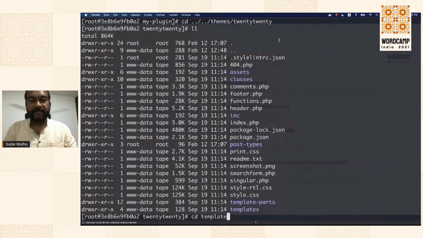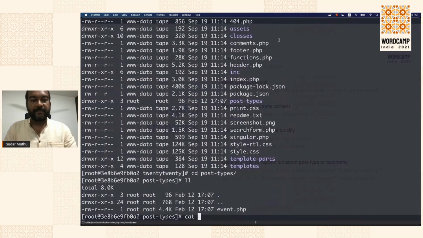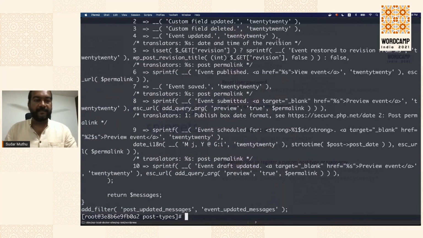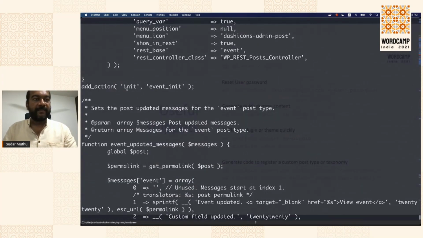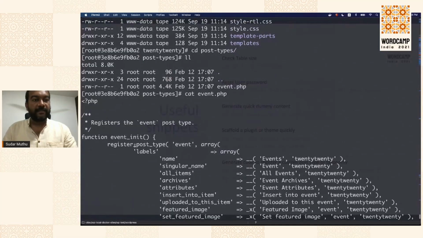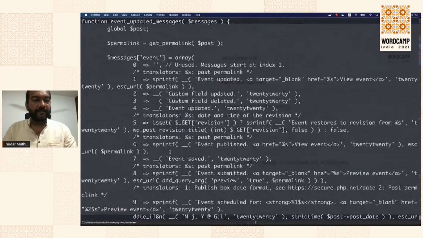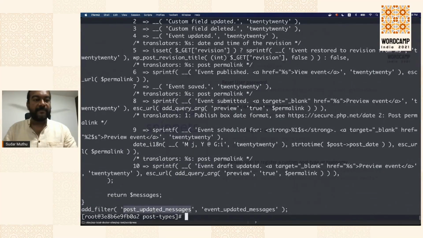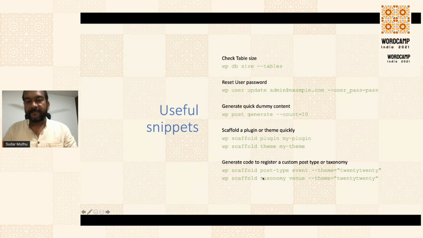You can see that it has created a taxonomy and post type file, and inside that it has generated an init hook, which calls the register_post_type function, followed by all the things that are needed to change the updated messages. It has also hooked into the post_updated_messages filter. Similarly, you can even generate one for taxonomies. I've given the code here. In this case, it will create a new taxonomy, with the code that is used for registering a taxonomy.